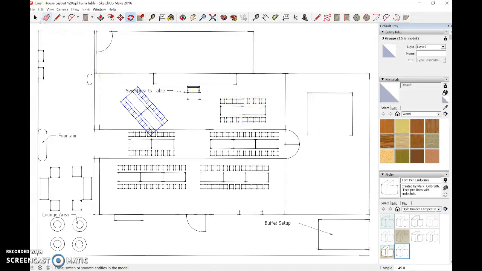Okay. Now we're going to go back to the cursor. We're going to collect these items. We're going to hit rotate. We're going to create our axis,